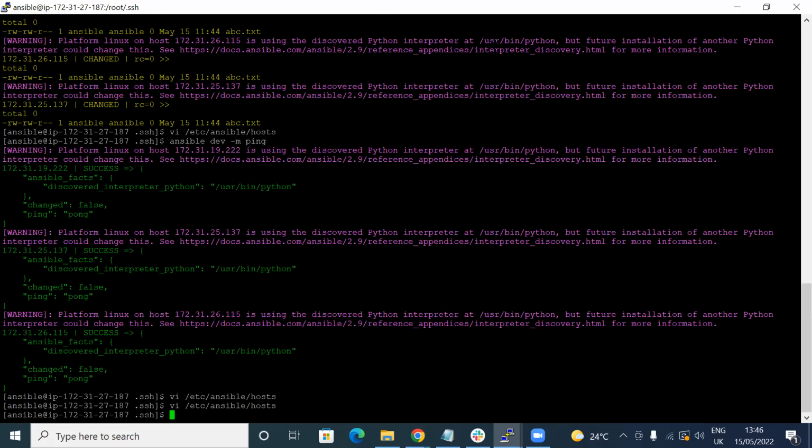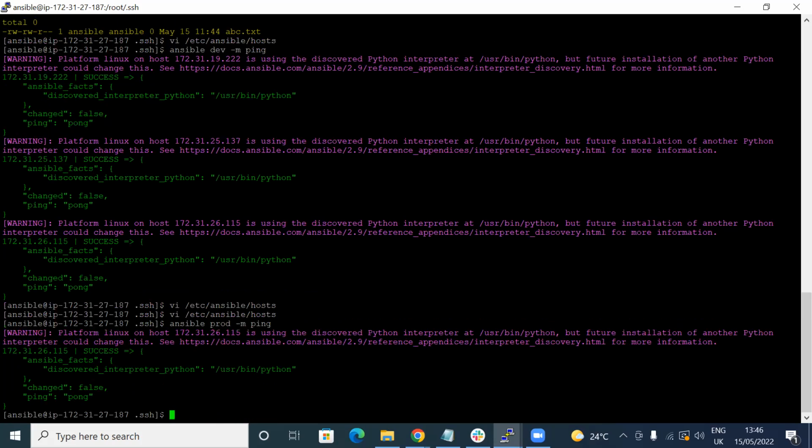Now if I do prod, ideally only one server will be pinged, right? So only one server will ping. If I give prod -a, and if I write touch xyg.txt,